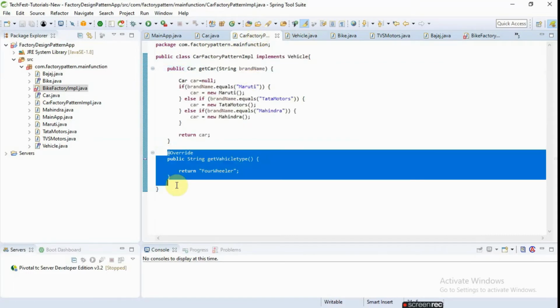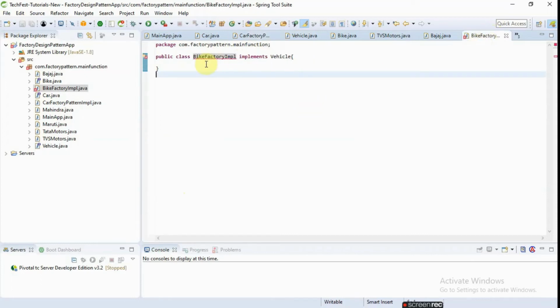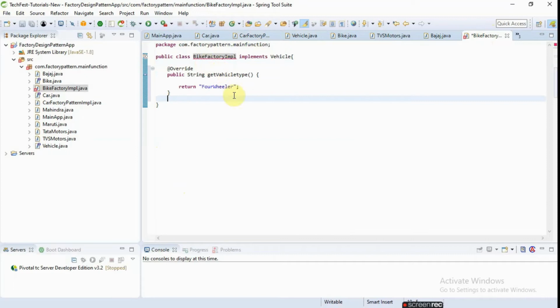We can just take this example. Because bike is a two-wheeler, we will provide a two-wheeler.